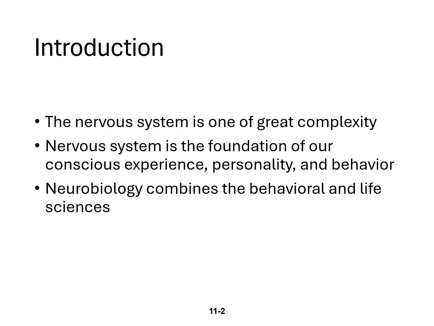So let's get started. The nervous system is one of great complexity. It's very, very complex because it has many different features. So you need to have the different types of cells within it to make sure that we can sense heat, pain. We can affect muscles. We can affect glands. And by doing this, the nervous system is now the foundation of our conscious experience, personality,